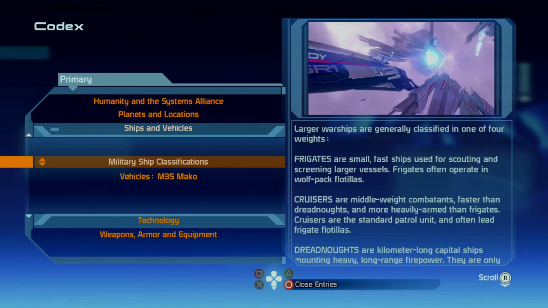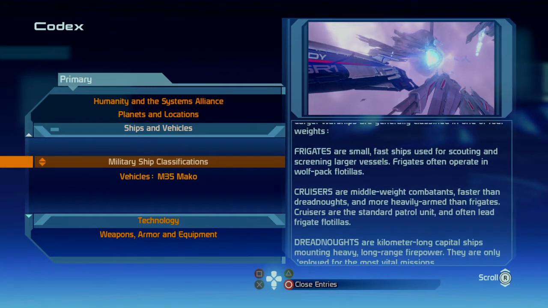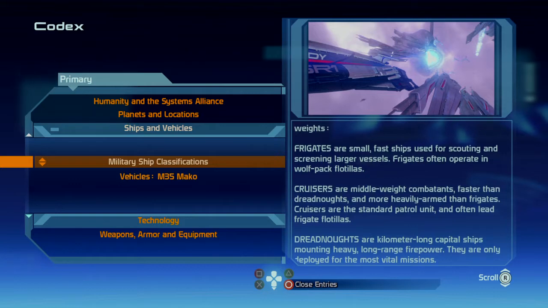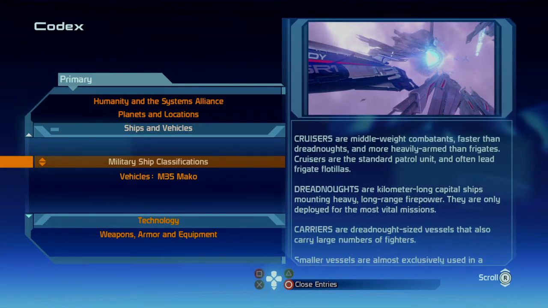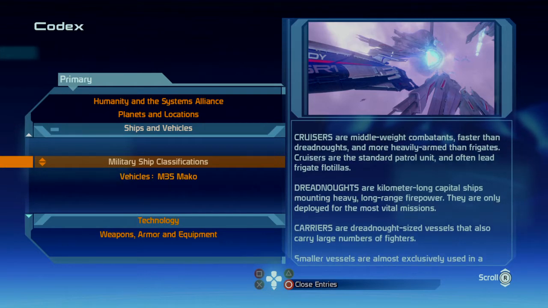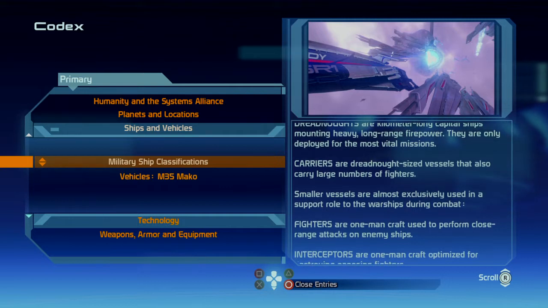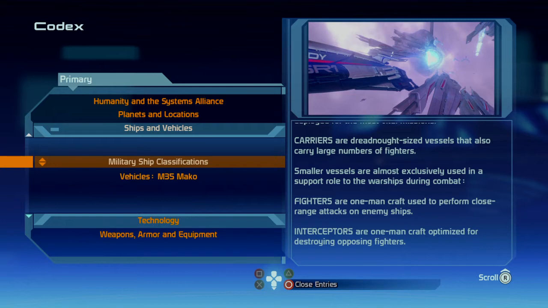Larger warships are generally classified in one of four weights. Frigates are small, fast ships used for scouting and screening of larger vessels. Frigates often operate in wolf-pack flotillas. Cruisers are middleweight combatants, faster than dreadnoughts and more heavily armed than frigates. Cruisers are the standard patrol unit and often lead frigate flotillas. Dreadnoughts are kilometer-long capital ships mounting heavy, long-range firepower. They are only deployed for the...